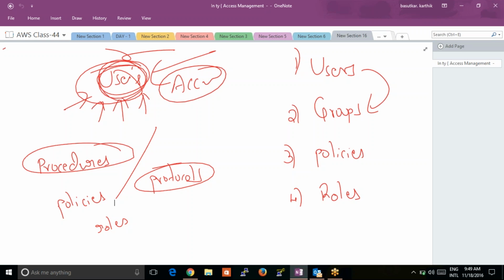For example, you'll create a policy on, say, an EC2 resource, deciding to what extent a user can terminate that EC2 instance, stop that EC2 instance, or reboot that EC2 instance. You'll create a policy for performing actions on an EC2 instance. For example, you created a policy saying only terminate. And whenever you attach this terminate policy to the groups,